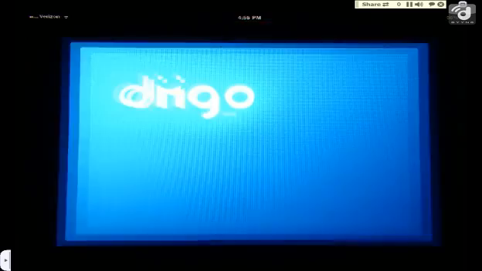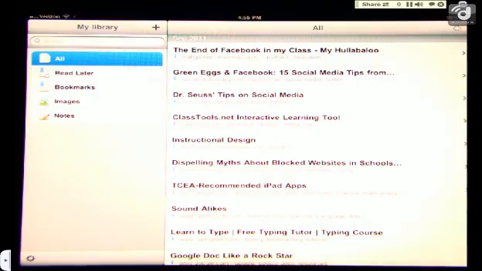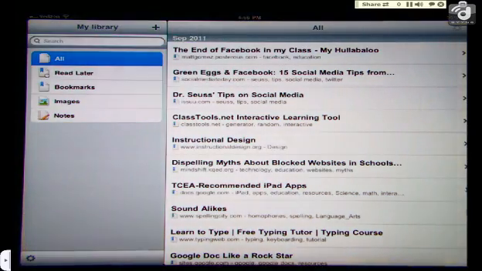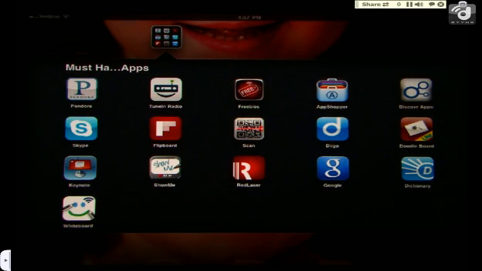Diigo, if you want to access your Diigo bookmarks, they have an iPad app as well, and so you can see different Diigo bookmarks that you have. You have to have your Diigo account set up, but Diigo has an iPad app as well. And the last two here we're going to get into kind of more